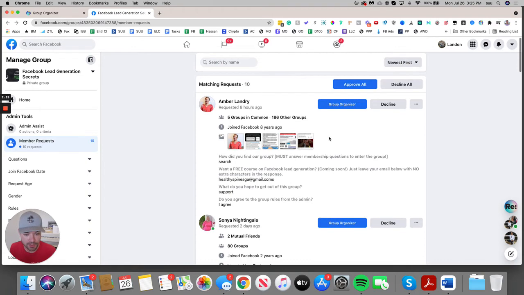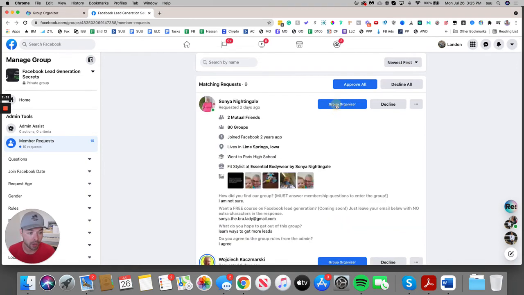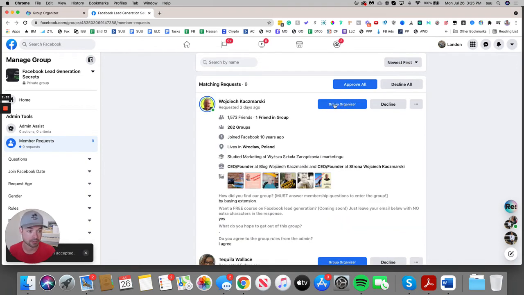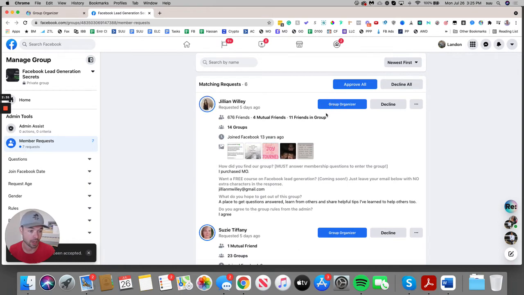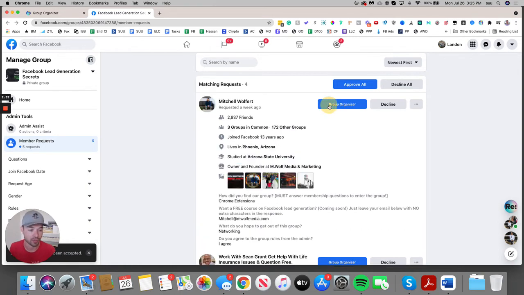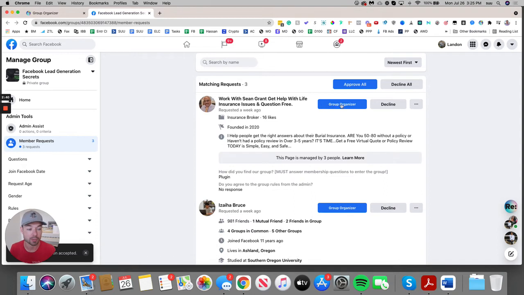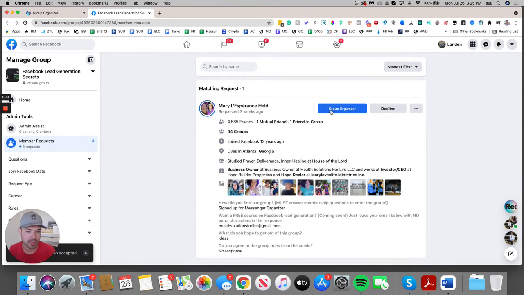Okay, so I'm going to show you how it works. I'm going to hit Group Organizer, Group Organizer, and so on and so forth, right? I'm just going to go through this whole list, and pretty soon we're going to have a Group Organizer Approve All button up here, so you can do it all at one time. But it's really easy to do, even if you're doing it